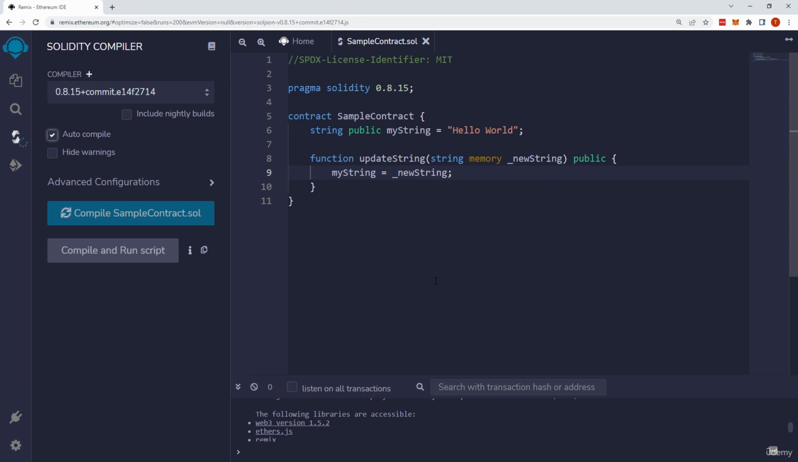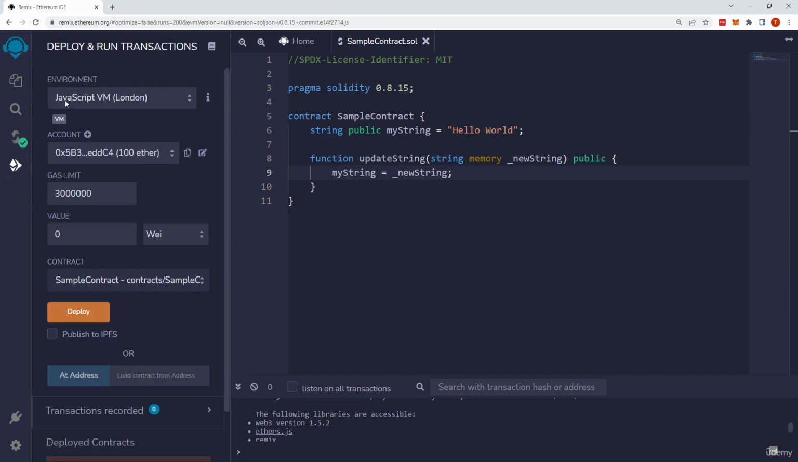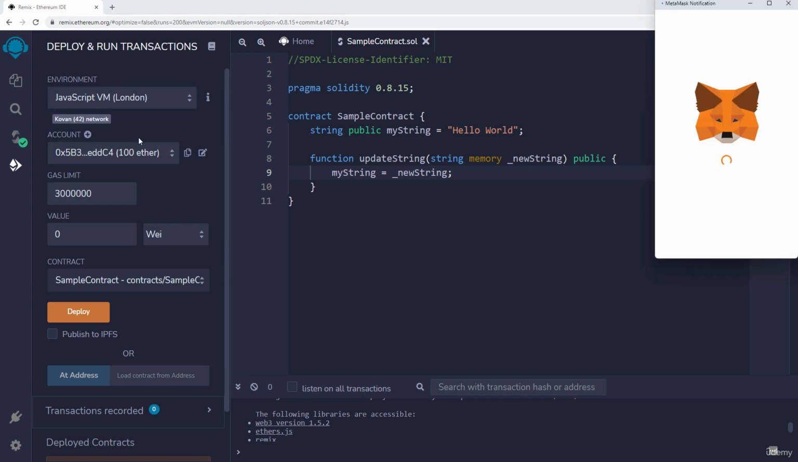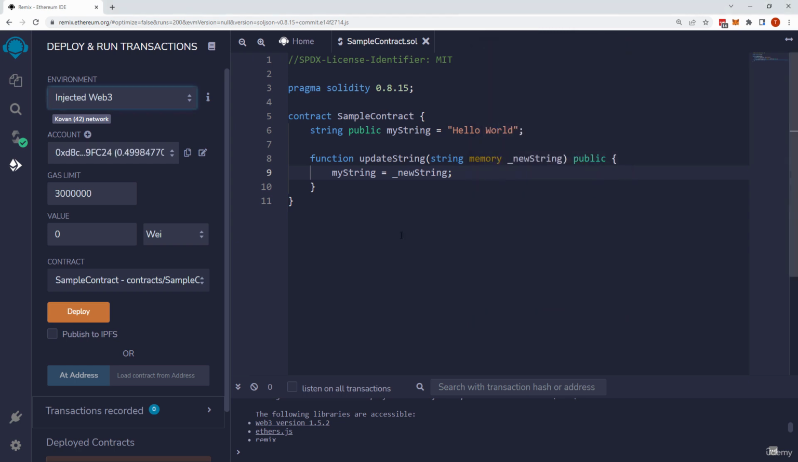Autocompile. I have a new browser over here. This is why I have to reset the settings. Go to the Deploy and Run Transactions tab, and now we are choosing the Injected Web3 provider. What should happen is that MetaMask pops up and asks us which of the accounts we want to connect with this website. And if you say the first account and hit next and connect, then the account will